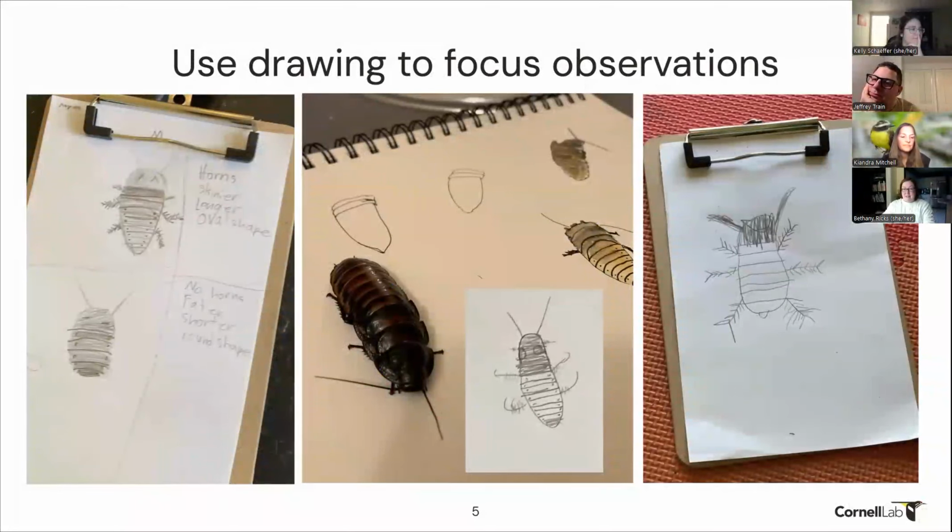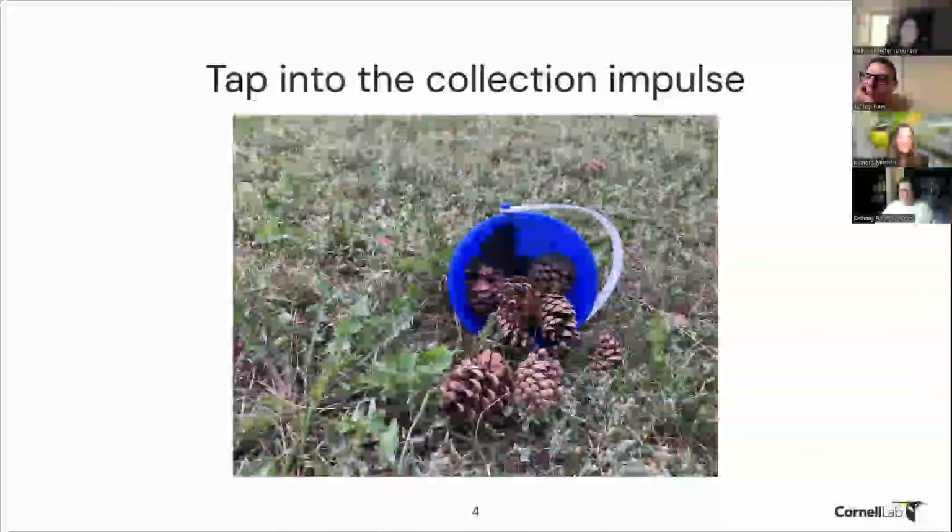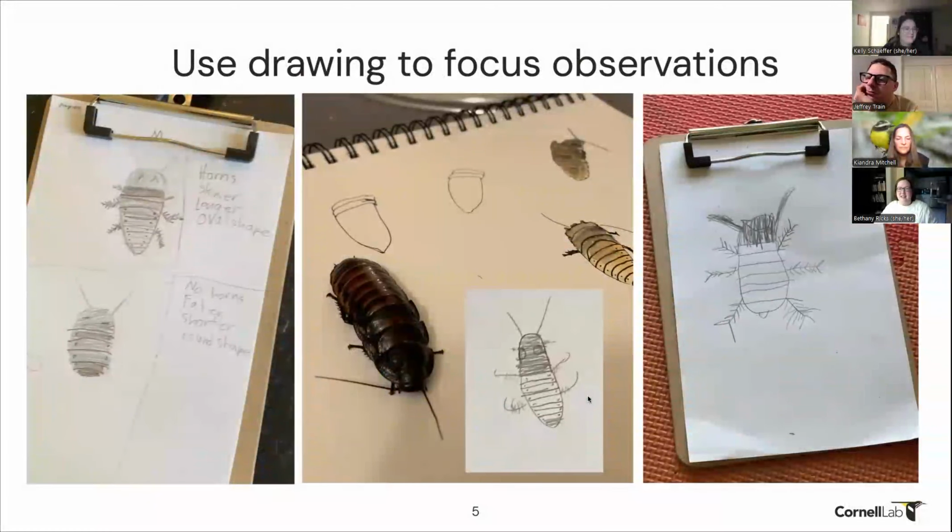I apologize for the cockroach if you were not prepared and if you aren't comfortable with them. But one thing we'll often do, especially with our ambassador animals, is offer kids the chance to observe through drawing, which I know that several of you have talked about before. I love seeing what it is that kids notice and what it is they choose to record. So this was a camp for 7 to 11-year-olds. I love seeing that this child on the right was really noticing the spikiness of the legs. And on the left, they were noticing the differences between the males and the females of the cockroaches.